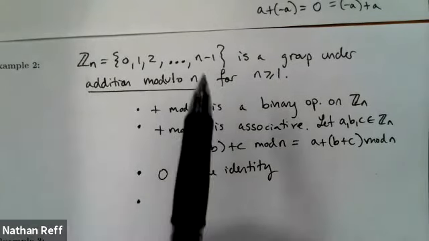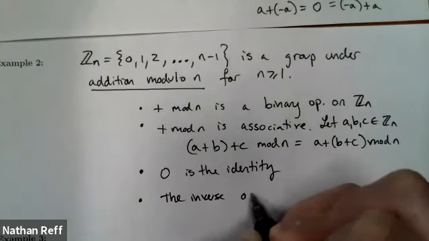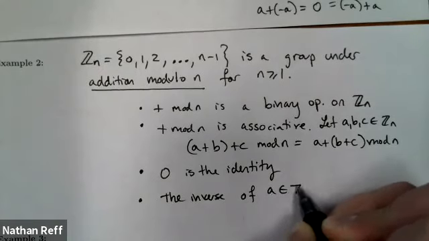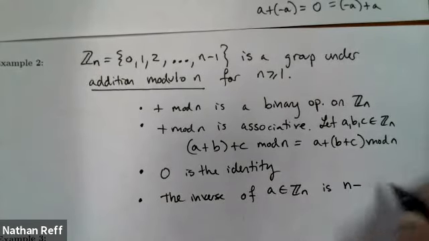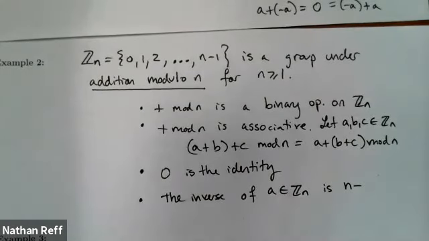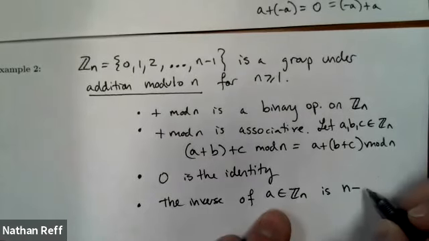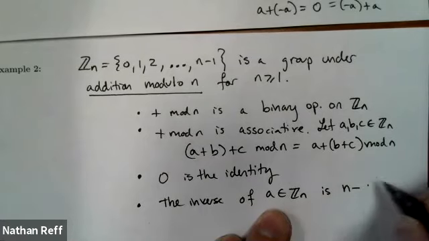Okay, good. So the inverse of a in Zn is going to be n minus a. I mean, it's not perfect because let's say that you picked a non-zero, right? Okay, well, I mean, it basically will work, okay? n minus a